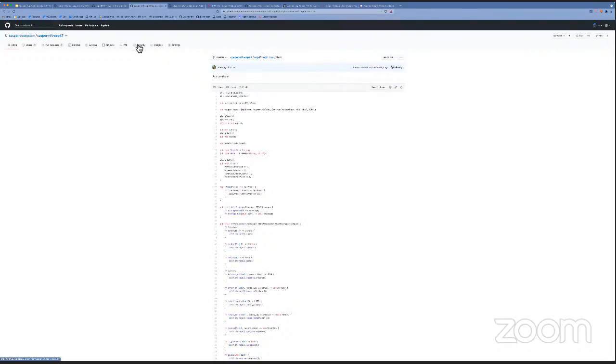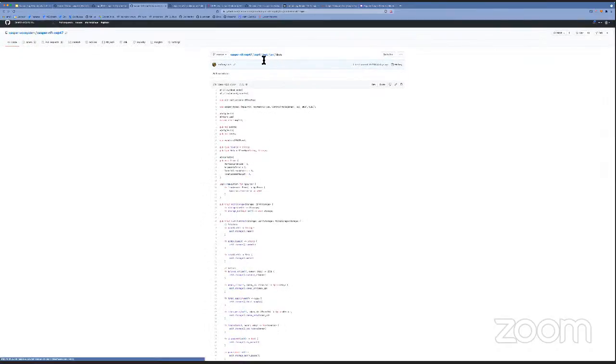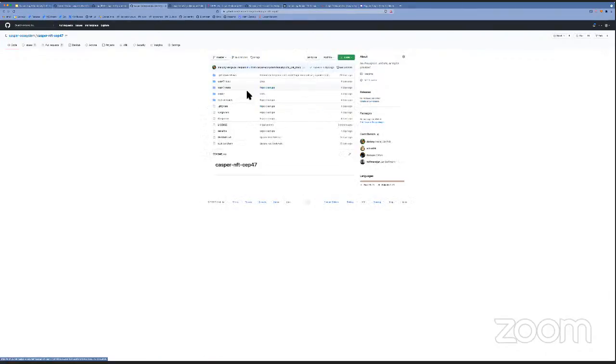I'm just showing you the source code that is in an open repository called Casper-NFT-CEP47. Here you can see all the business logic. We also provided tests for the smart contract. You are free to play with that to check how it works and how it's developed. And in a couple of days, we will also provide more documentation. So bear with us here. We will get you tutorials around that as well.